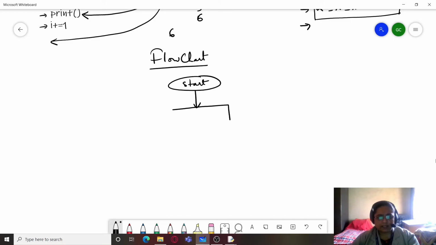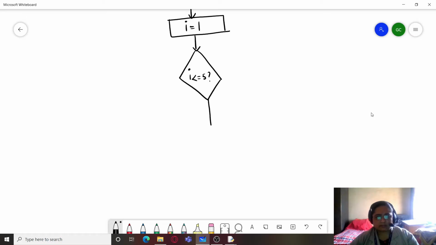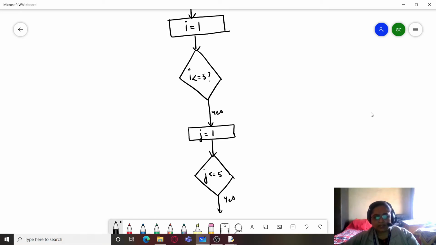Now here initialization, that is i equals 1. Then, is i less than equal to 5. Now if this is yes, it will move on to the next statement, that is j is equal to 1. Again it will check a condition, j less than equal to 5. If this is yes,